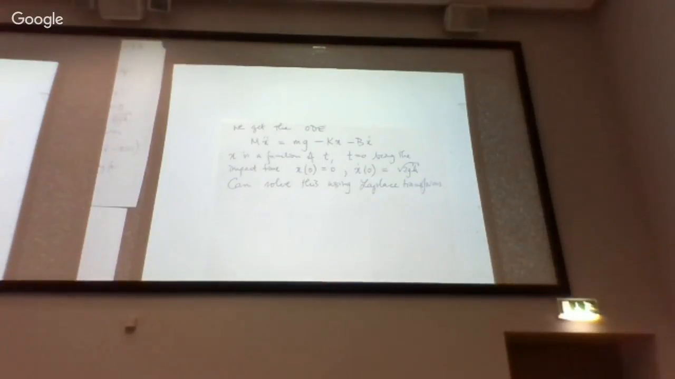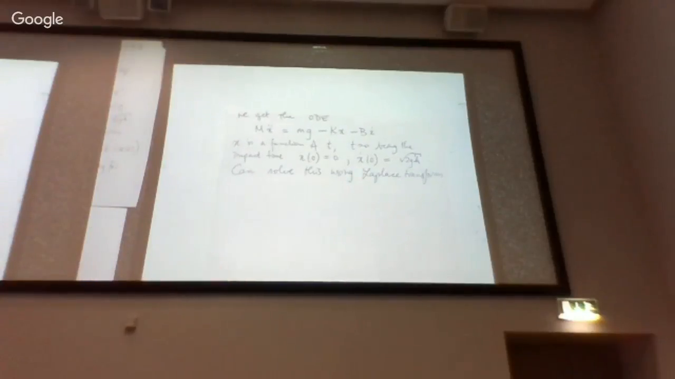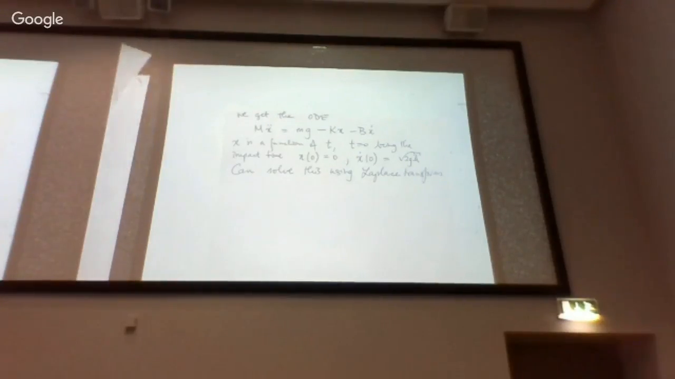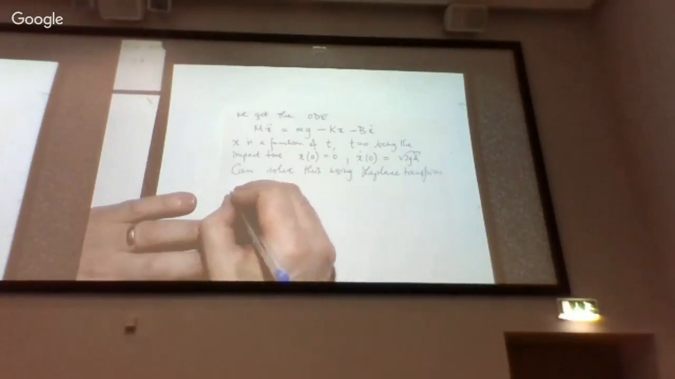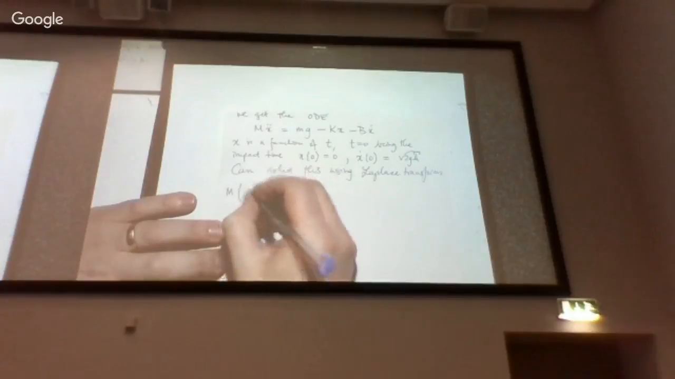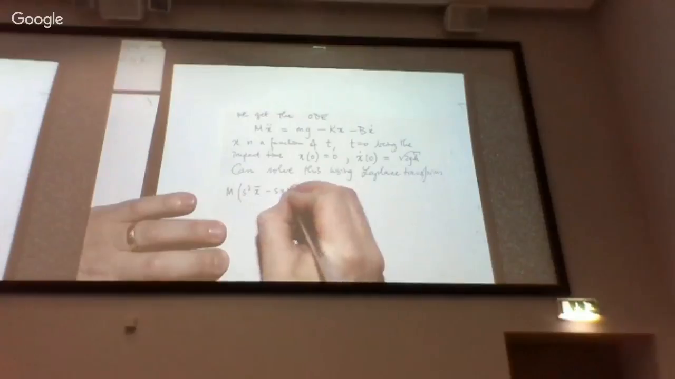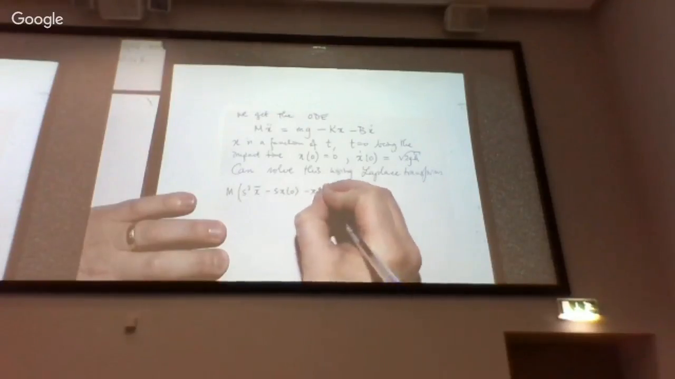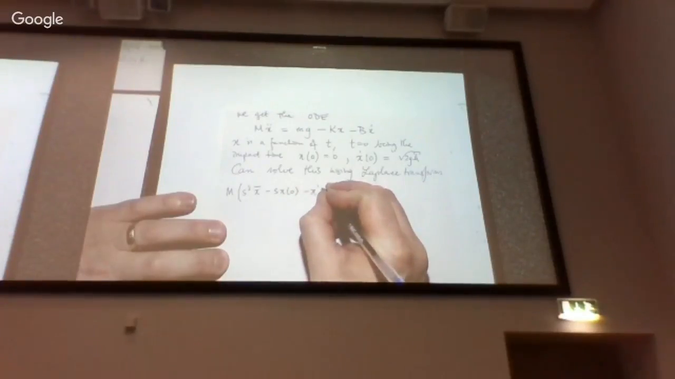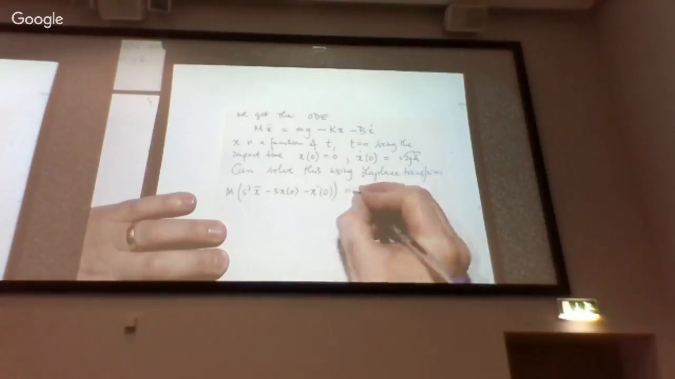Just going through the normal steps. So when you transform the whole equation, you'll have mass times s squared times the transform of x minus s x0 minus x prime 0. And this will equal